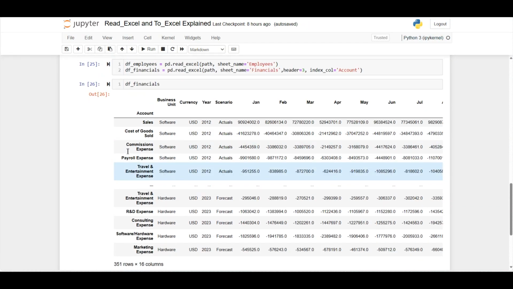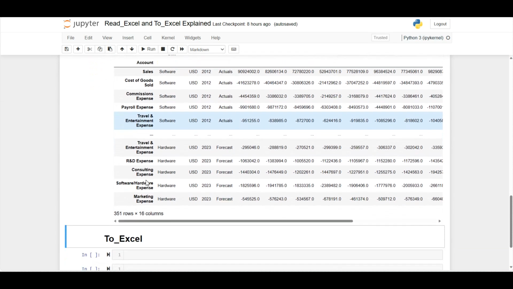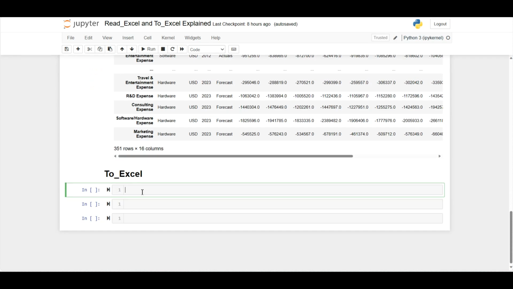Now let's say that we're done importing our data, we're done cleaning it up. Now we want to export it to Excel. And we can use now the function called to_excel. So let's say that we want to export out df employees and df financials. First, let's export out df employees. Dot to_excel. And in parentheses, you're going to put in the name that you want the Excel file to have. So let's call this